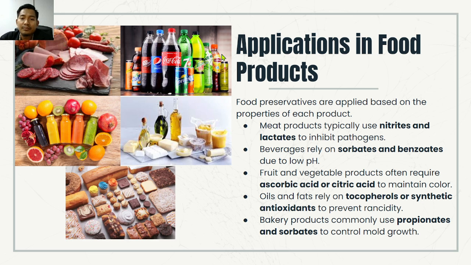Basically, the water is acidic. Fruit and vegetable products often require ascorbic acid or citric acid, especially in fruit juices. And then oils and fats rely on tocopherol and synthetic antioxidants such as vitamin E, etc. Bakery products commonly use propionates and sorbates to control mold growth, and it can even affect the texture of